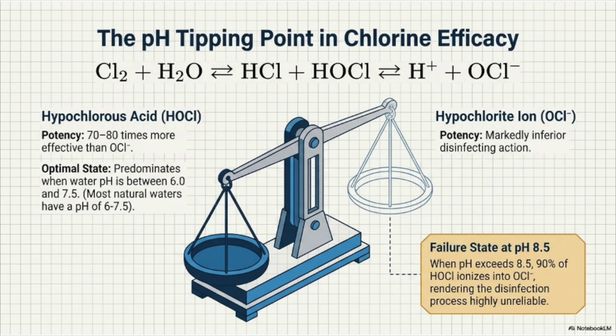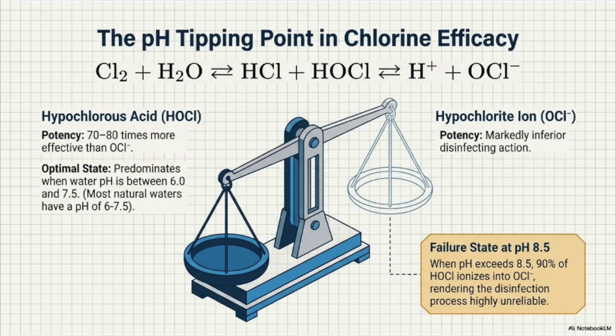Hypochlorous acid is 70 to 80 times more effective than the hypochlorite ion as a disinfectant. This hypochlorous acid predominates when the water pH is between 6.0 and 7.5, which fortunately matches the pH of most natural waters. However, there is a failure state at pH 8.5. When pH exceeds this value, 90% of the hypochlorous acid ionizes into the weaker hypochlorite ion, rendering the disinfection process